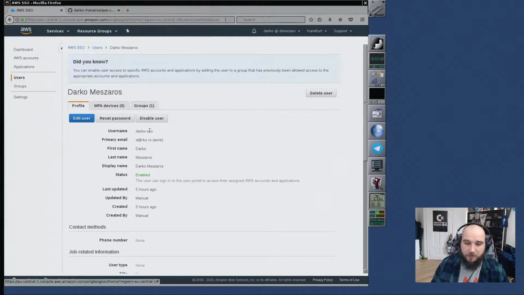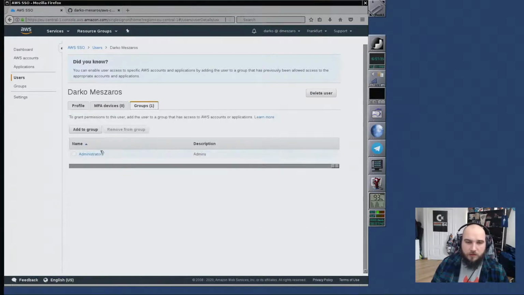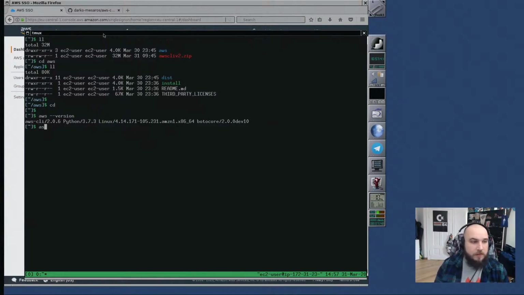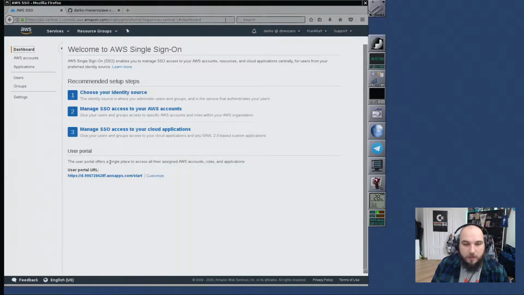This is a specific SSO user. It belongs to the administrators group. And one of the things you can do here is go to AWS configure SSO, which allows you to configure single sign-on. One of the things you have to set up here is this URL, so I'm going to copy it like that, and then,